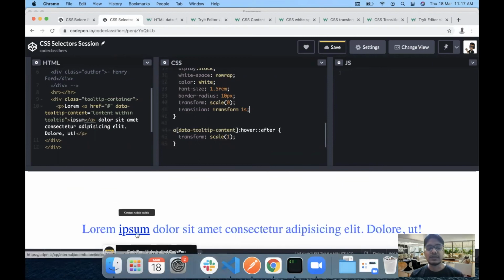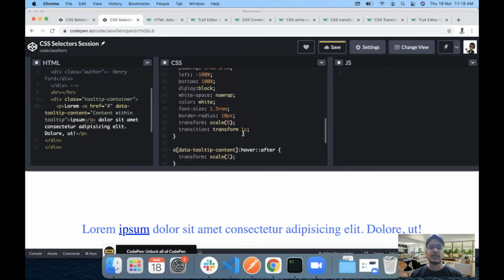Another thing we can do is allow this tooltip to come from the bottom instead of this kind of a thing. For that, we can go for an ease-out property here, or ease-in if you want. Ease-in and ease-out are basically the types of transition that you want. Let me just showcase that. By default, the property we are currently using is ease-in.